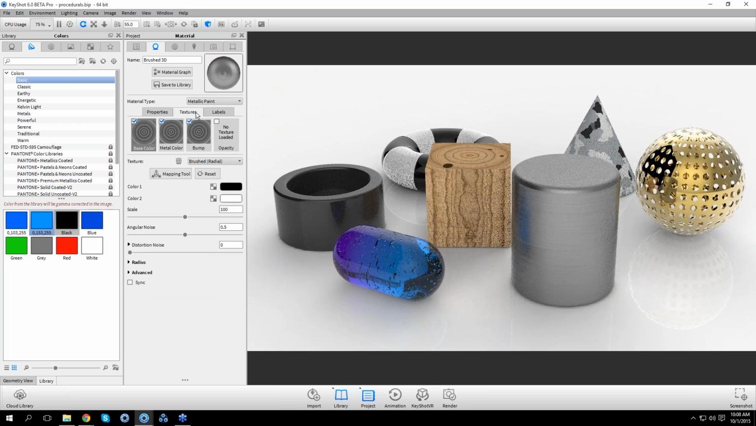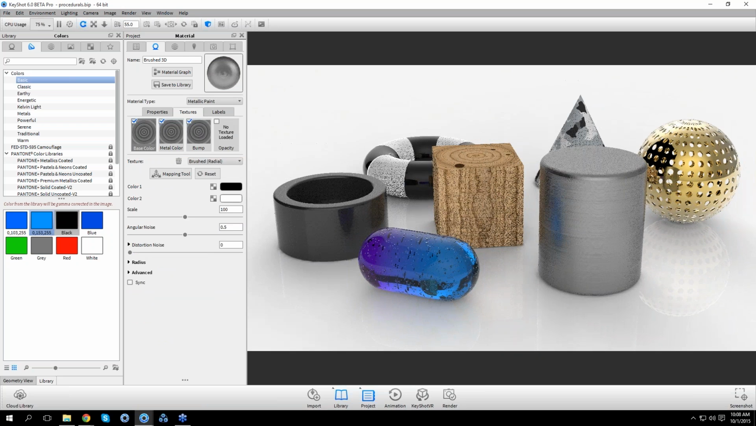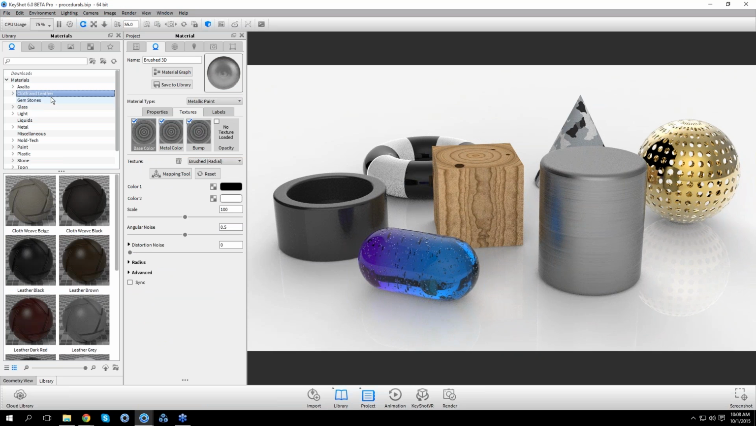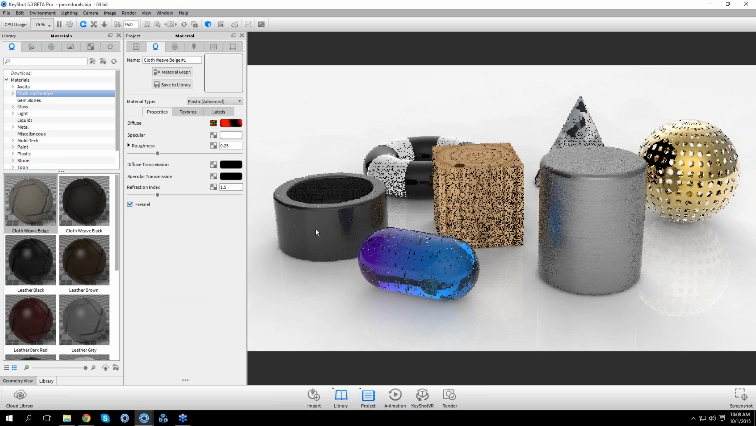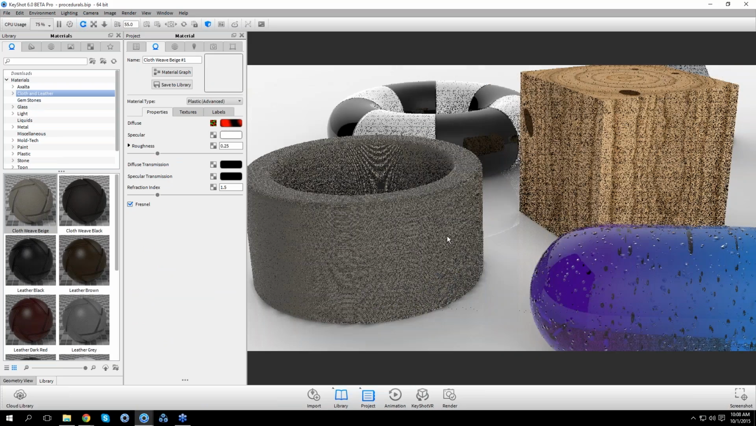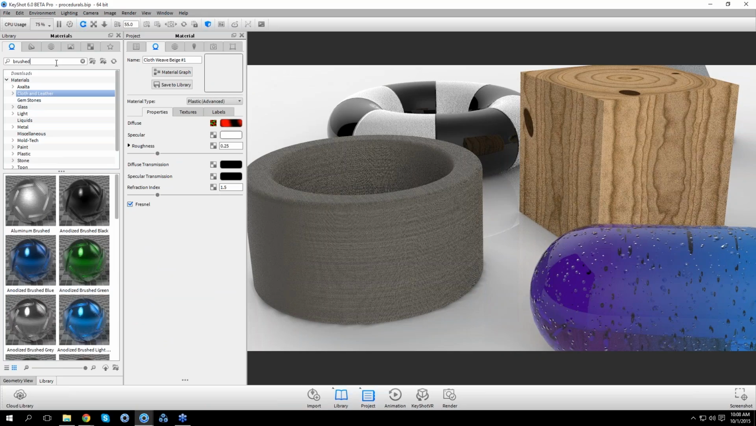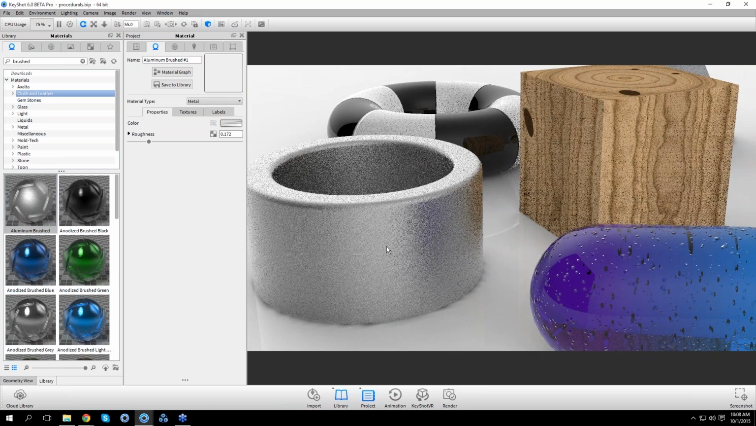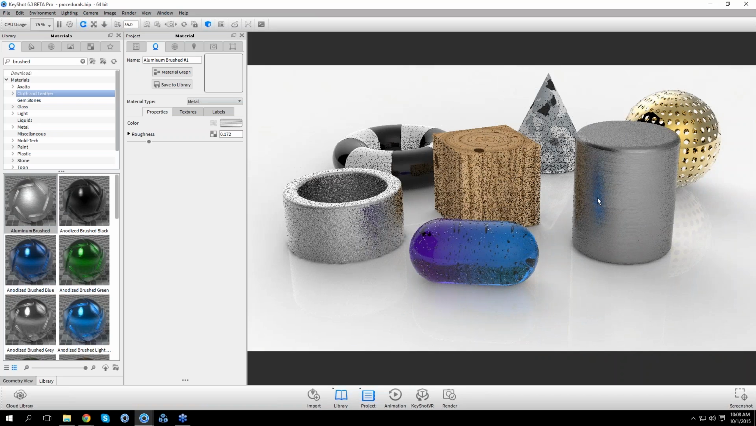So where do we find procedural textures in KeyShot? Well, we can start in the library. We do have some pre-created procedurals, such as a cloth weave, or the brushed metals were created with procedural textures. But if we wanted to create a procedural from scratch,